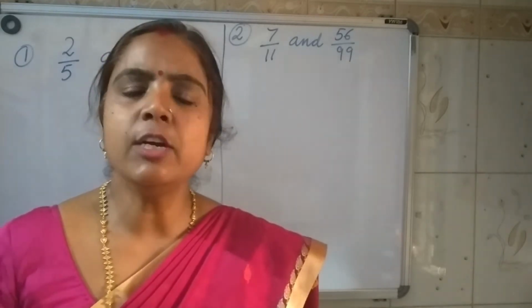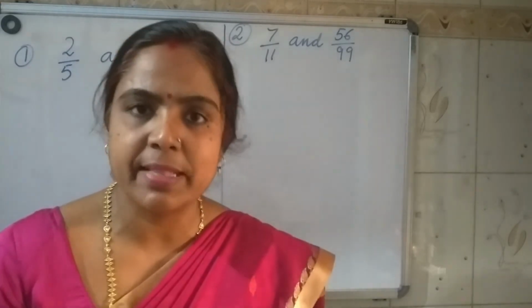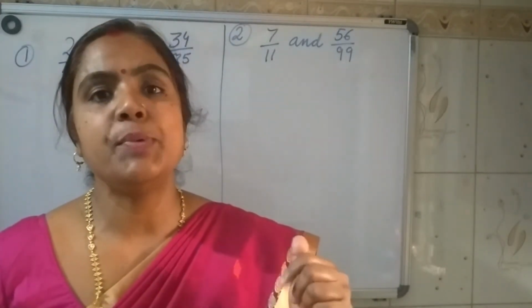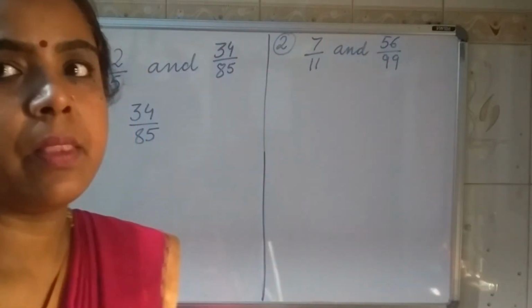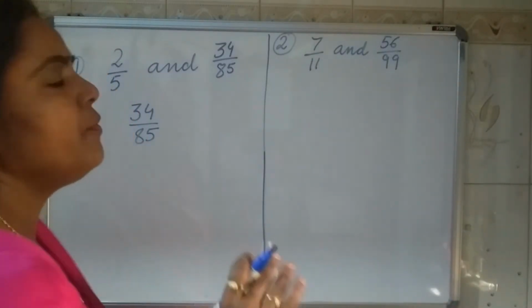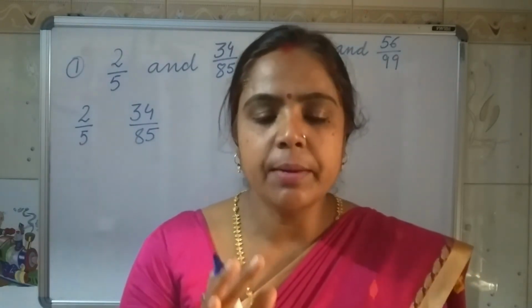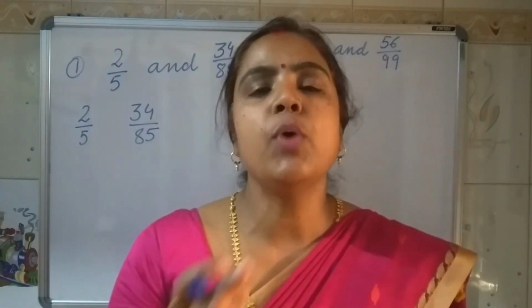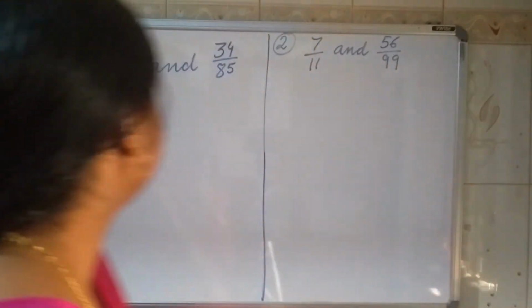So now it is clear to you what is equivalent fraction by multiplication method and by division method, and the next topic I explained to you, that is the lowest term. So all three are clear to you. Now we are switching to the question that comes in exams, to check whether two fractions are equivalent or not. So I am going to explain how to check it.